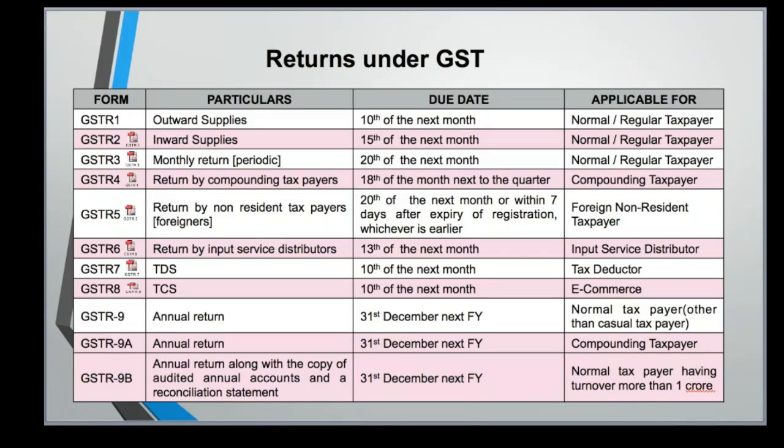So what is GSTR 2? It is nothing but an auto-populated return wherein all the vendors who have supplied goods to you will be auto-populated by the GSTR1 of your vendors, wherein they mention your GSTN number, and on that basis you have to check whether your vendor has correctly uploaded the sale details or not. This is how the government is trying to match the details by the vendor, the supplier, and by the recipient at the same go.